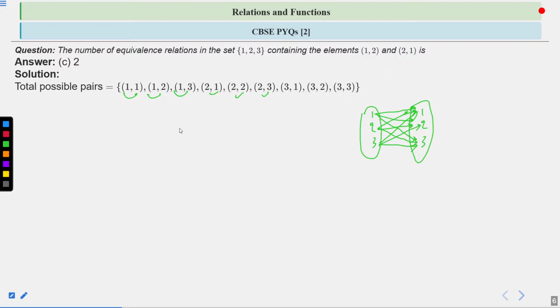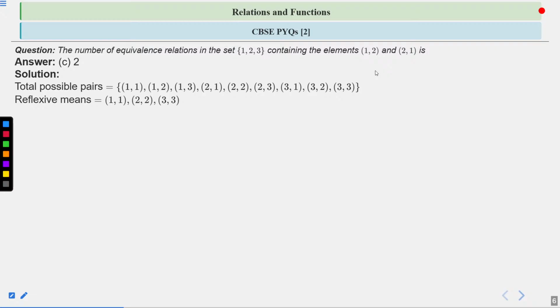Now we have to make the relation in such a way that it becomes an equivalence relation and the relation must contain (1, 2) and (2, 1). So reflexive means, what was the condition of reflexivity? Reflexive means (1, 1), (2, 2) and (3, 3) must lie. And for symmetricity, if (1, 2) is lying, (2, 1) will also be present. So for symmetricity, (1, 2) and (2, 1) must lie. So we can define one relation as,